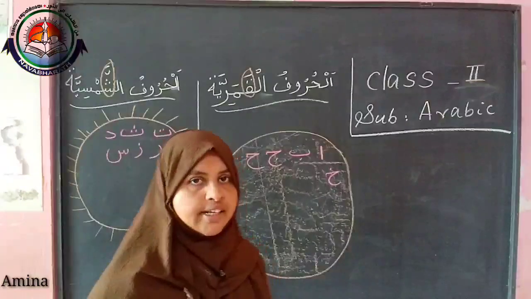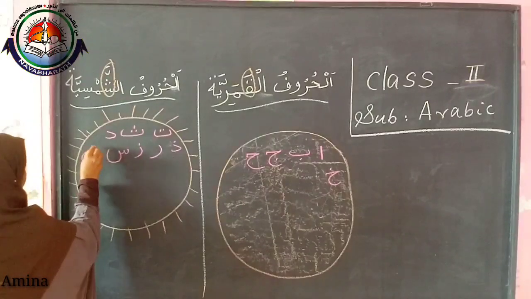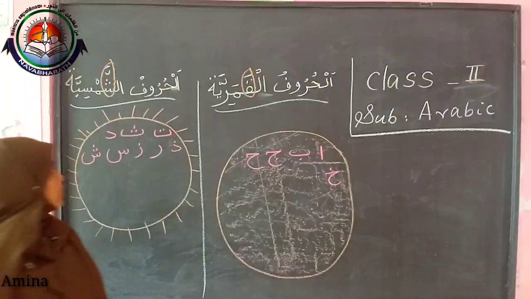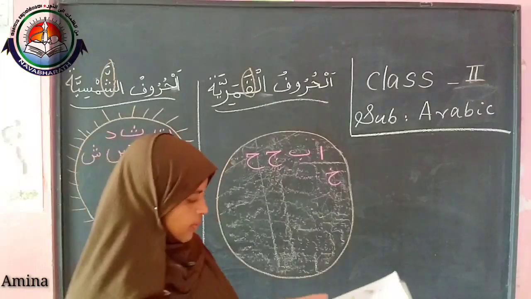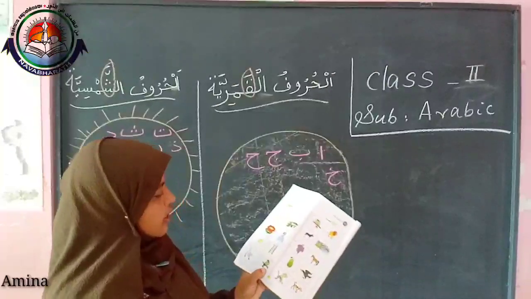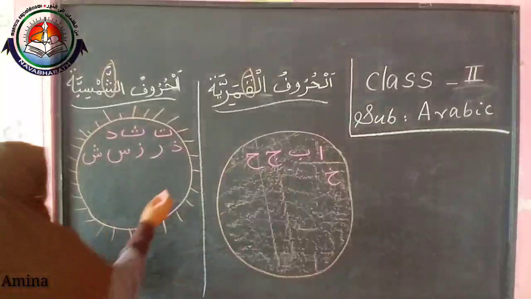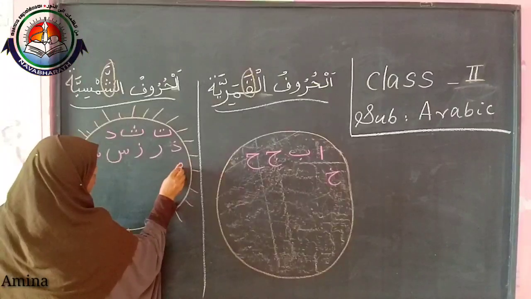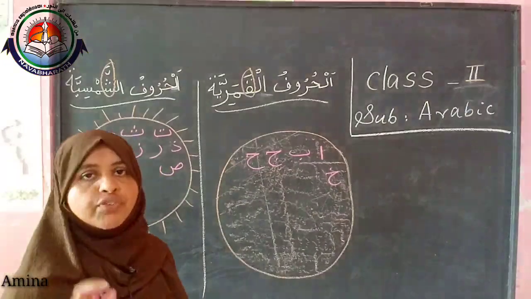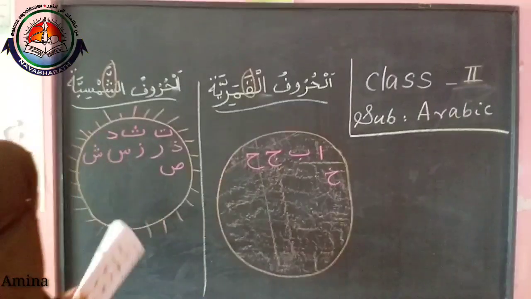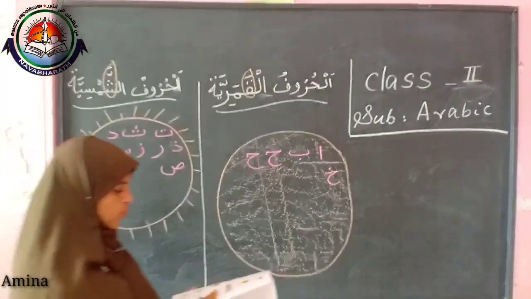Ash-shams means the sun, sheen. We cannot hear the sound of lam clearly, so sheen also came here. Okay, ta, seen, sheen. The next one, sod. Are you seeing a picture here? Soccer, eagle, or vulture. As-sokuru. We cannot hear the sound of lam clearly, that's why I wrote sod also in this column, the sun letters column. Seen, sheen, sod.